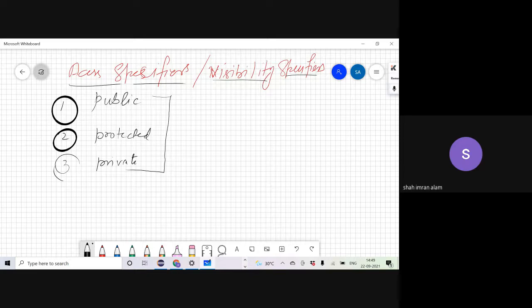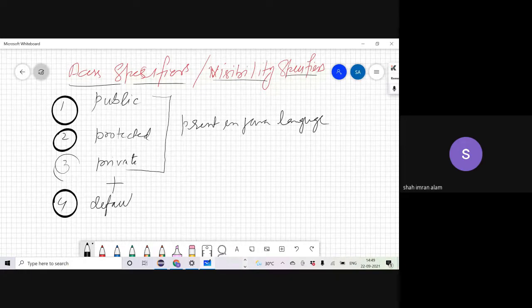ठीक है? These 3 access specifiers are also present in Java language. Plus, you have something called default in Java language. ठीक है? This was not in C++.